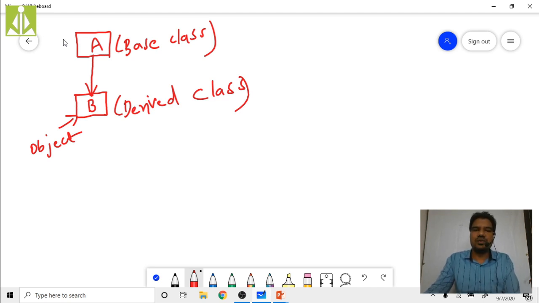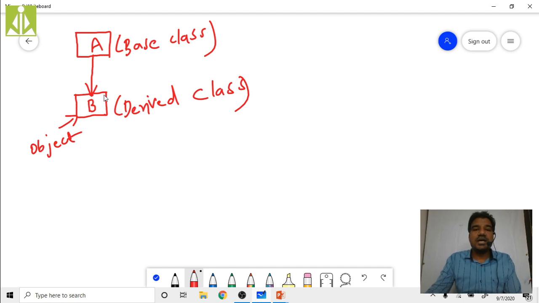This phenomenon we know. All the public members, whatever we have inside the base class, they will get derived into the derived class. In our previous examples, I have shown clearly, even with the help of examples, how that thing is happening. So for our understanding, we already know that all the public members from the base class will get derived to our derived class.